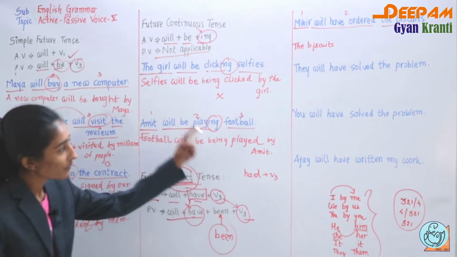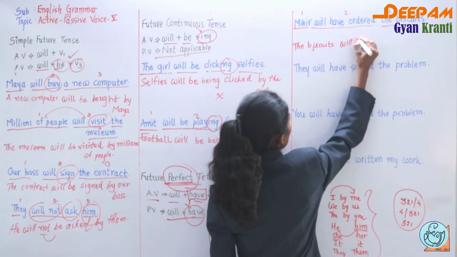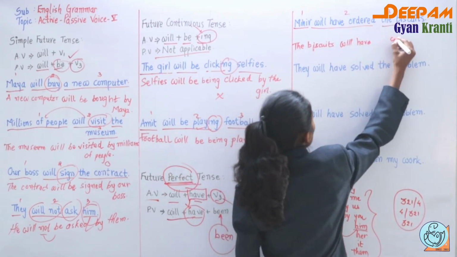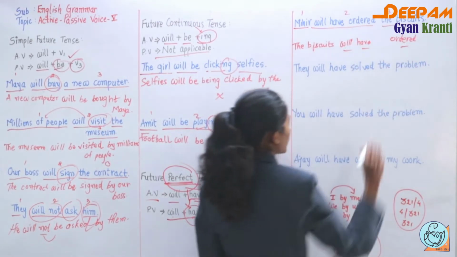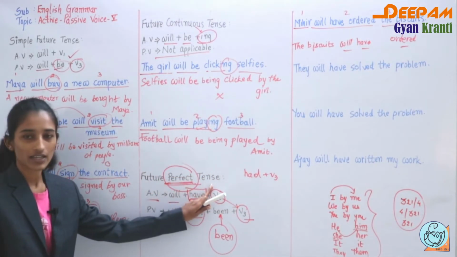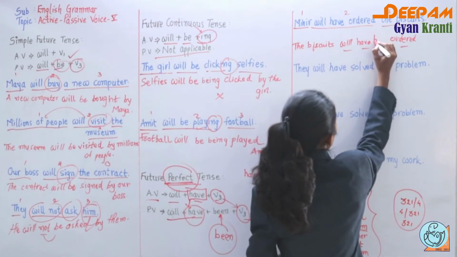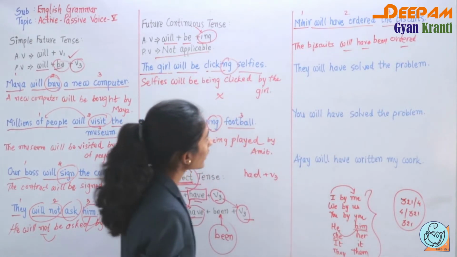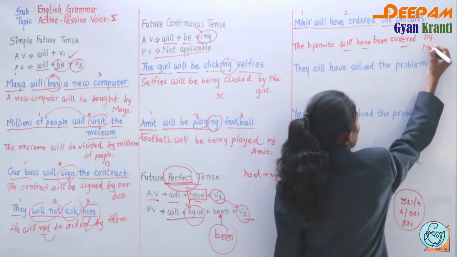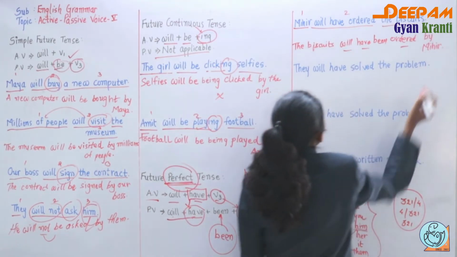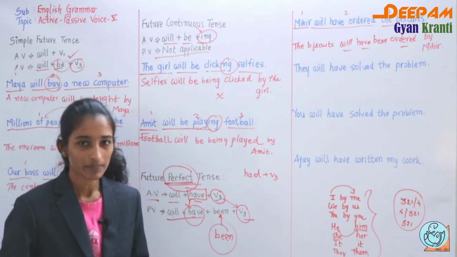Okay, in passive voice, see, will have and V3 is given, so what we have to write, will have as it is, okay, ordered is also ordered as it is. Now will have and V3 is given, that is future perfect tense. So what I have to write, I have to add been. So biscuits will have been, right, ordered. Now subject is Mihir, so what we have to add, by Mihir.